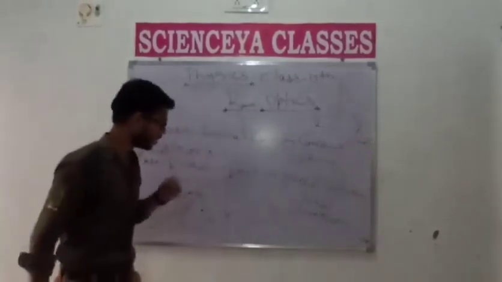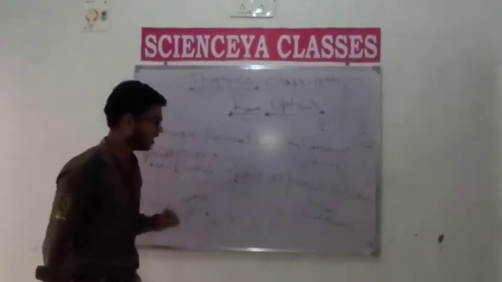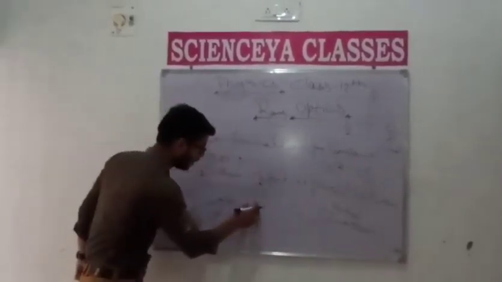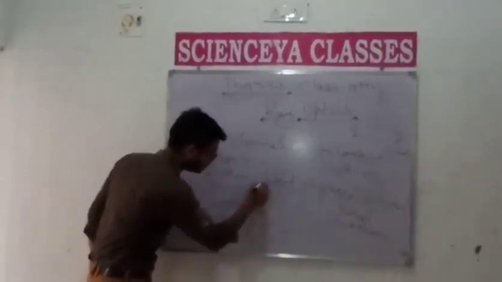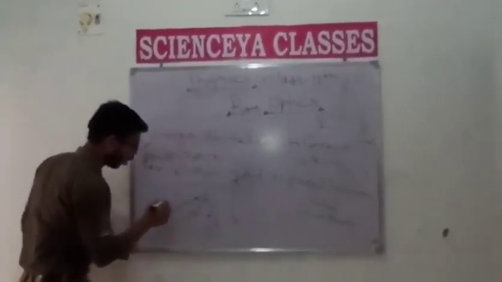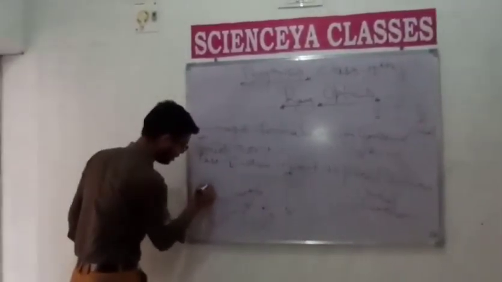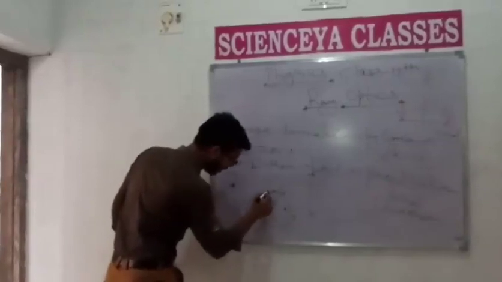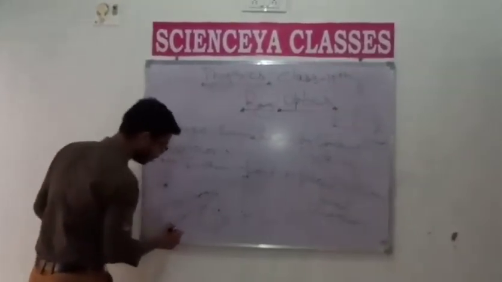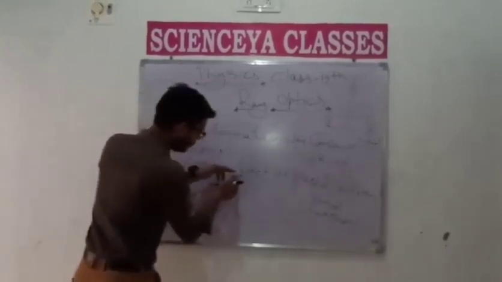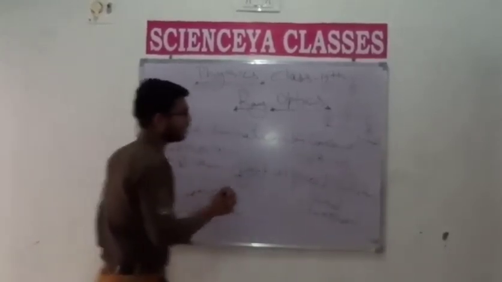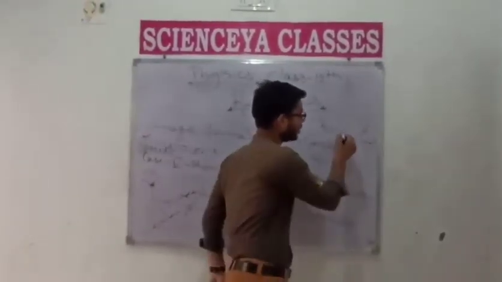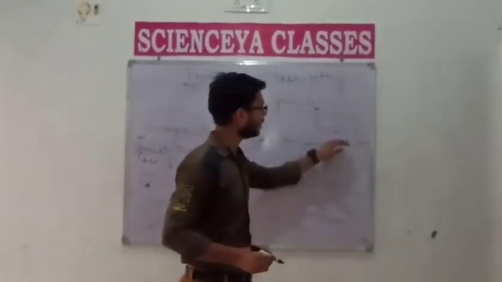So student, this image is virtual and it is not a real image, because it is just a phenomenon where we meet the rays on the backward side, and an observer sees the rays this way. He notices that one ray is coming here and the second ray is coming here. So student, he observes that the rays meet at this point. And in the plane mirror case, the distance of the object from the plane mirror is equal to the distance of the image from the plane mirror.